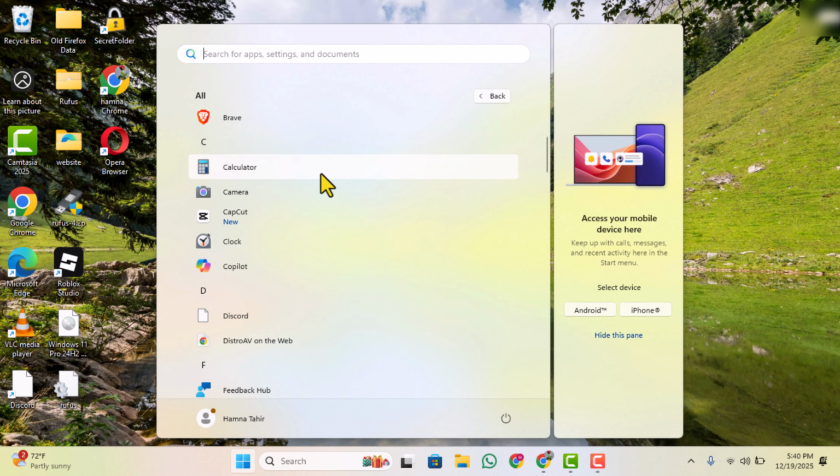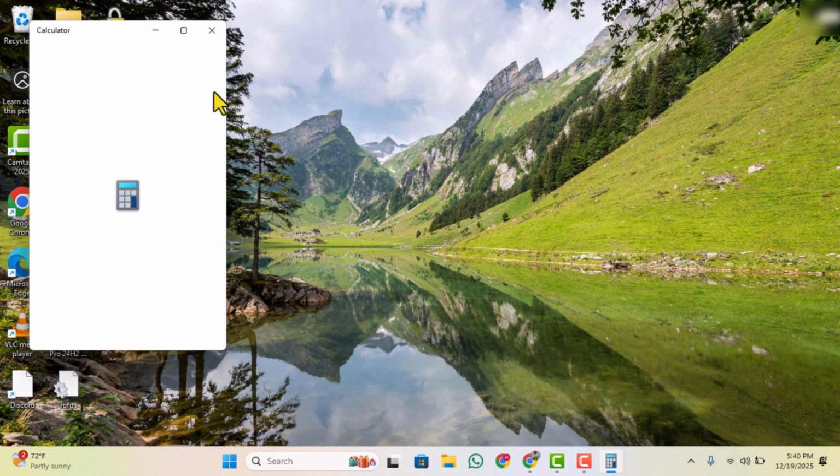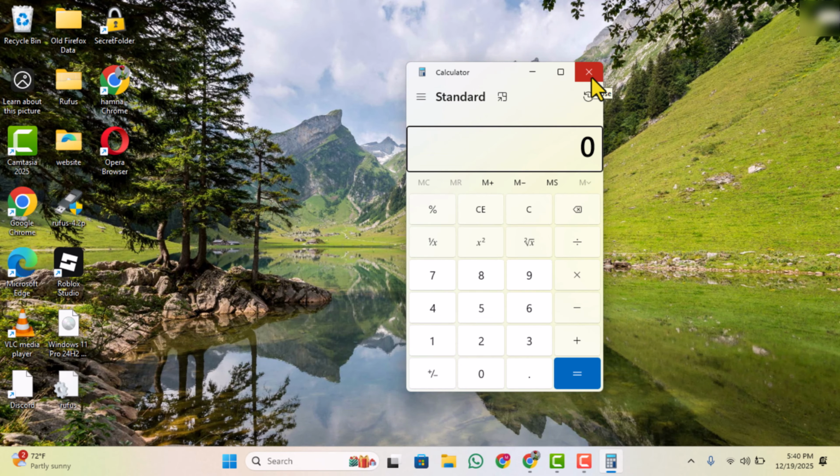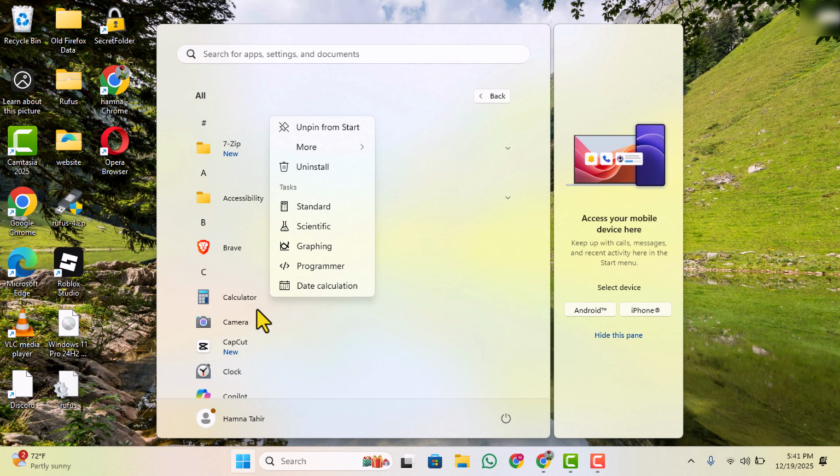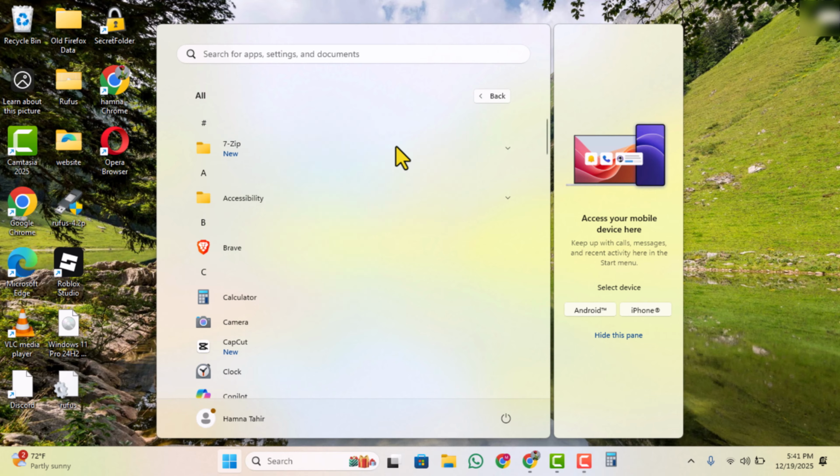Scroll through the list and find the app you want to create a desktop shortcut for. For example, if I click on Calculator, it just opens the app. It doesn't create a shortcut. Even right-clicking doesn't give an option to create or send a shortcut to the desktop. You can pin apps to the taskbar, but if you do that for too many apps, your taskbar can quickly